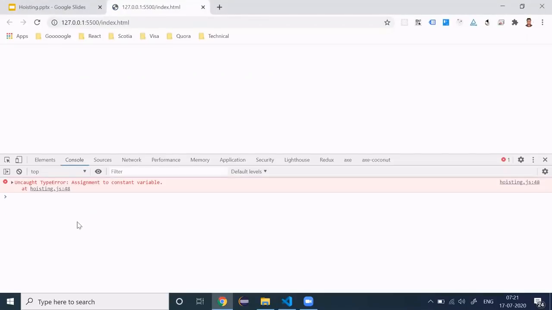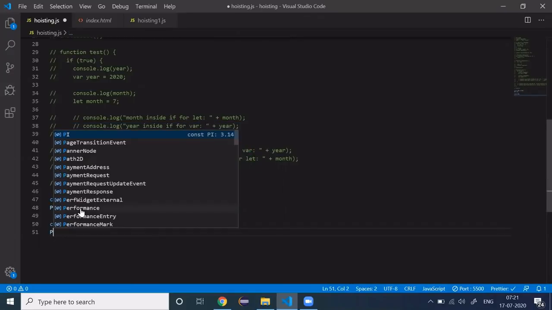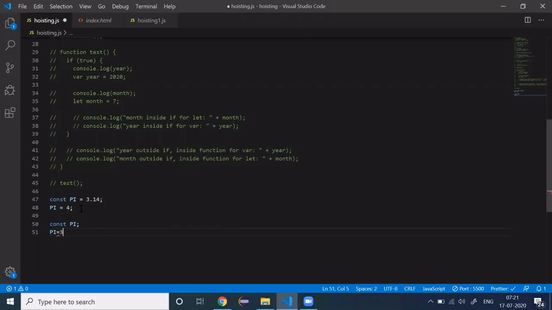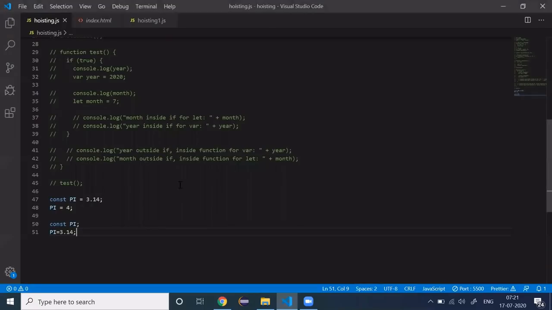Let's run it. Assignment to constant variable, this is the error we are getting. Or if you try const pi and then assigning the value, again it's saying identifier pi has already been declared, so you cannot assign it again. So you have to declare and assign together for constant. And the hoisting for constant is similar to let. It is also a block scope variable.